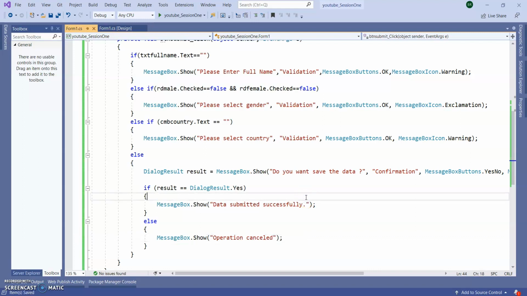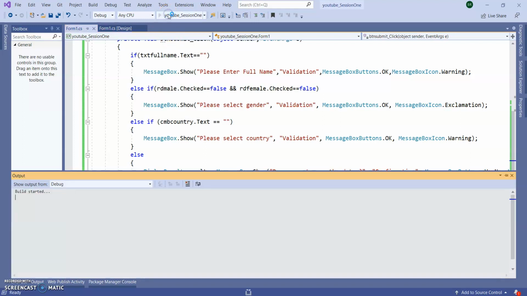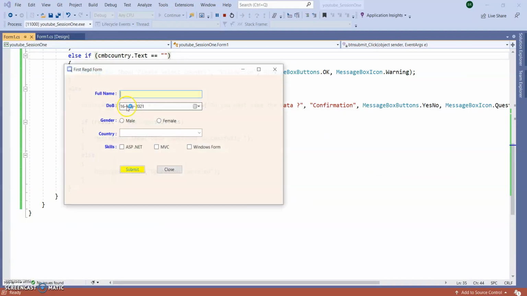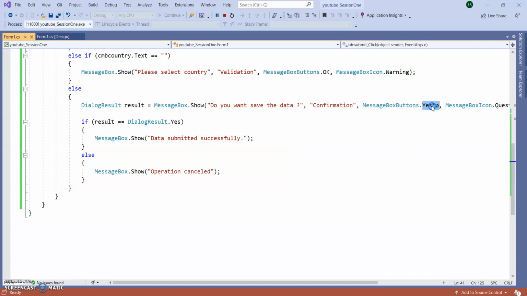Okay, let's run the application and see how we can handle this yes no button.